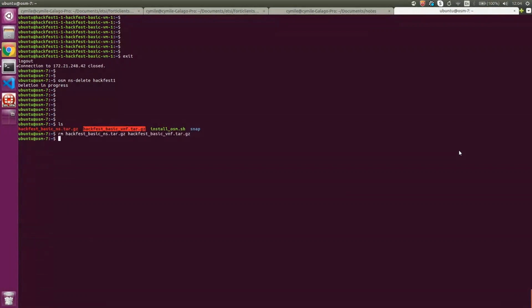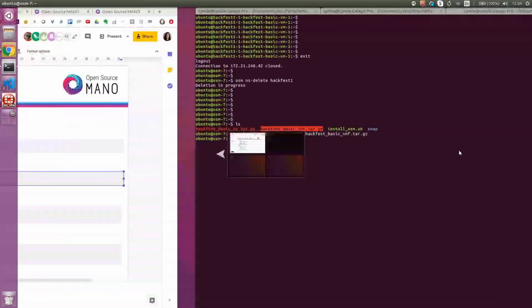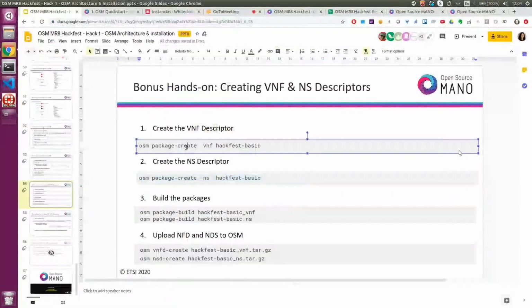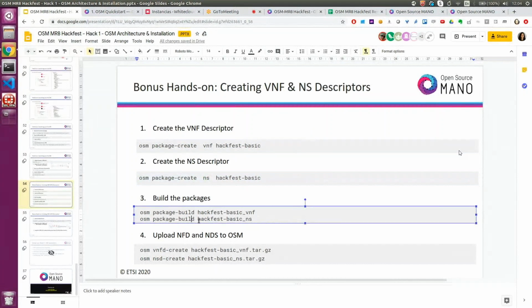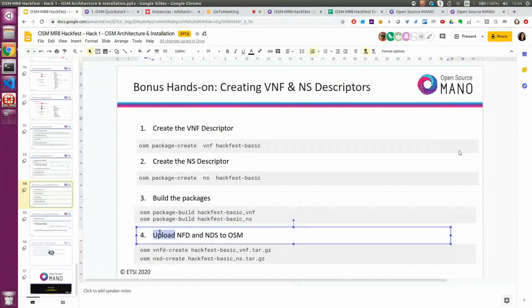Okay. And we'll create this package using the OSM CLI. We want to follow these commands. Then we're going to build the package in order to create the tar file. We're going to upload this package,